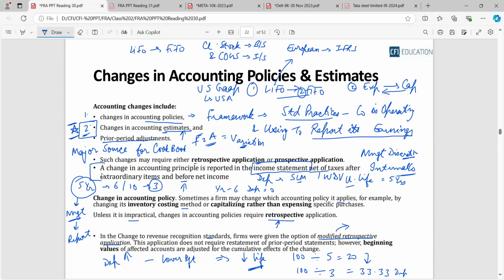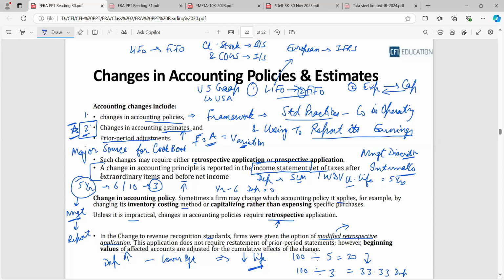But the moral conclusion, which I can say in Hindi we need to say, is that the ultimate effect should come without even doing that thing. What I mean to say is that our ultimate effect should be that our opening balance should be modified, instead of all the years' respective balance sheets being modified. We only modify the opening balance of this year. This is how the modified approach works.